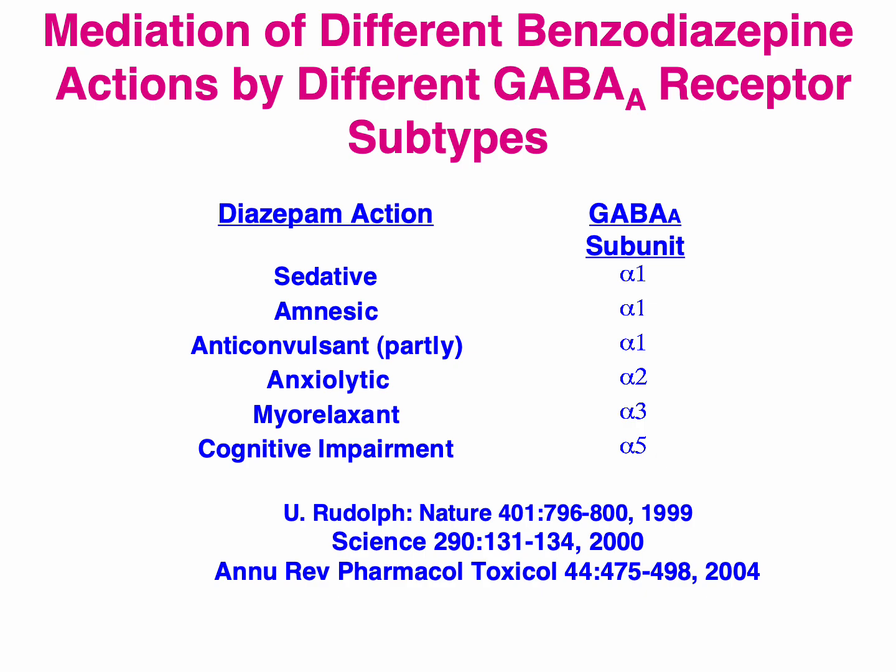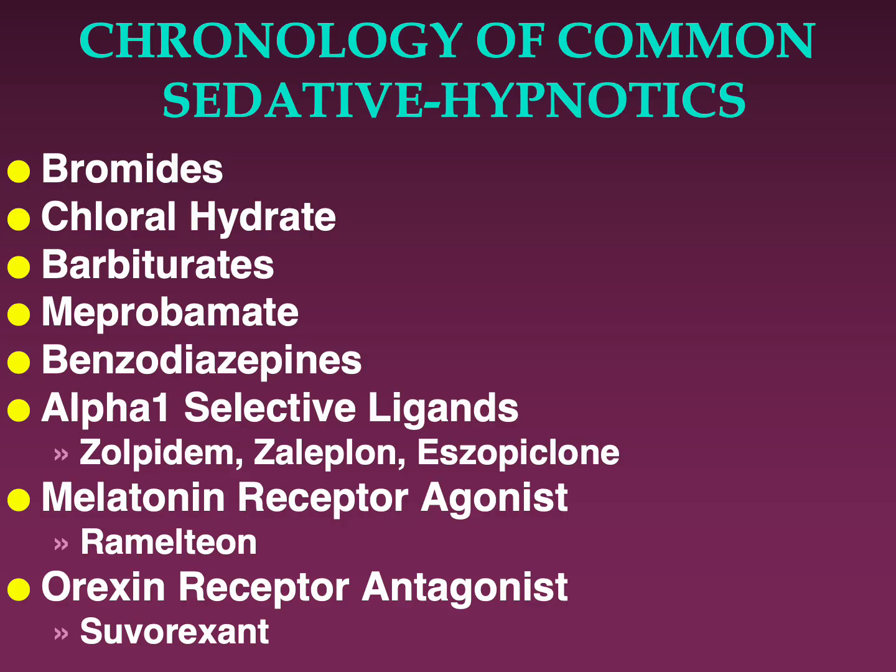And what he was able to show is that, looking at it just as to what was around in the chronology of agents for treating anxiety and sedative hypnosis, back in the late 1800s, one used bromides. Also, around 1900, chloral hydrate was used. It's still in use. It's a prodrug. It has to be converted to an active agent.